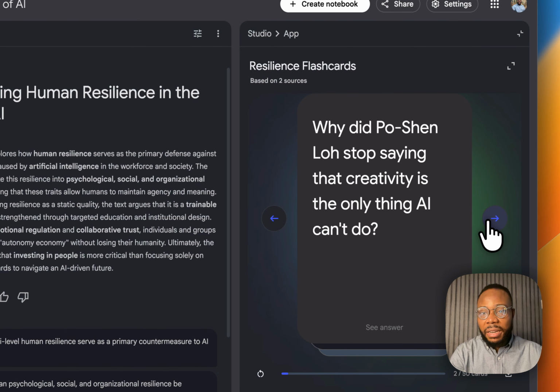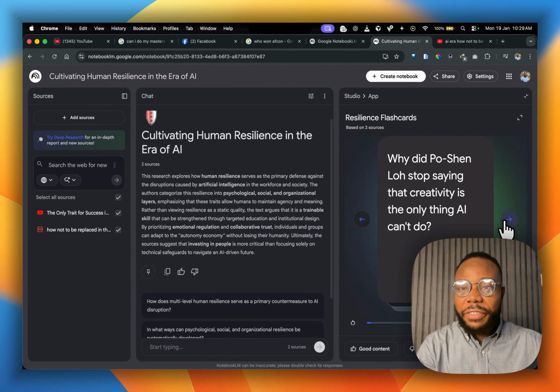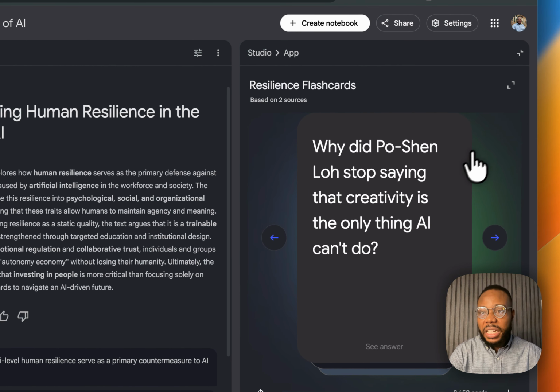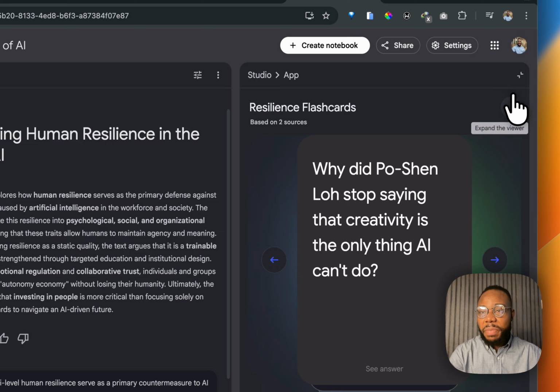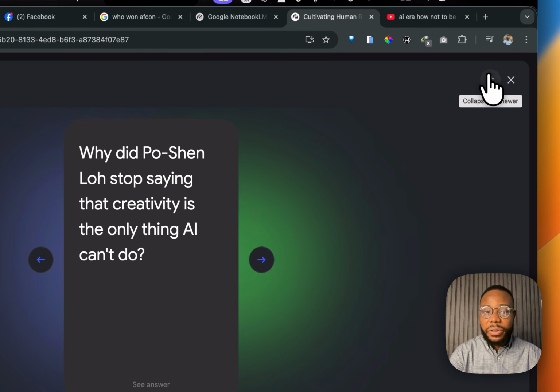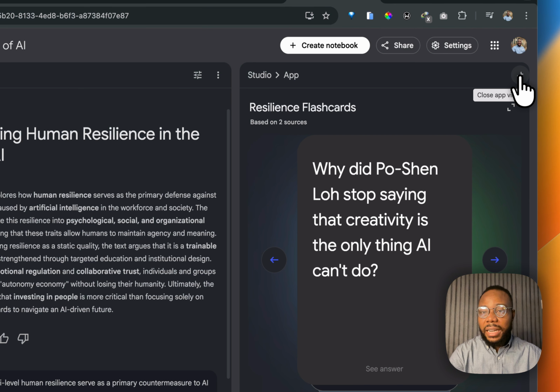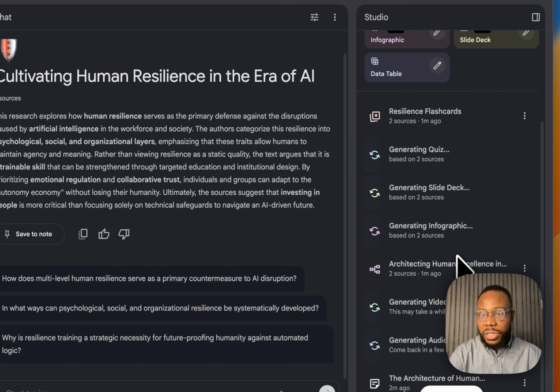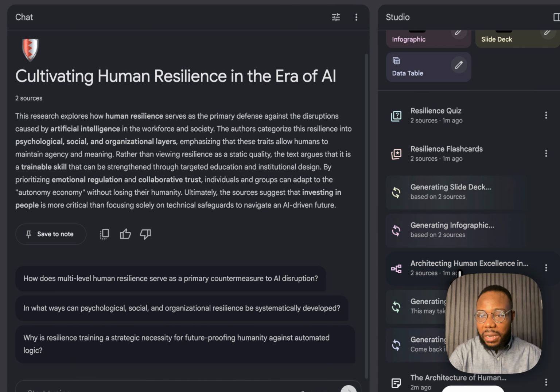Okay, this is like content from the sources that you've already added, and it has been optimized to give you more like a question and answer section. Okay, so you can expand it like this. You can also adjust it like this. Then let's check out the other ones. All right, so this is the